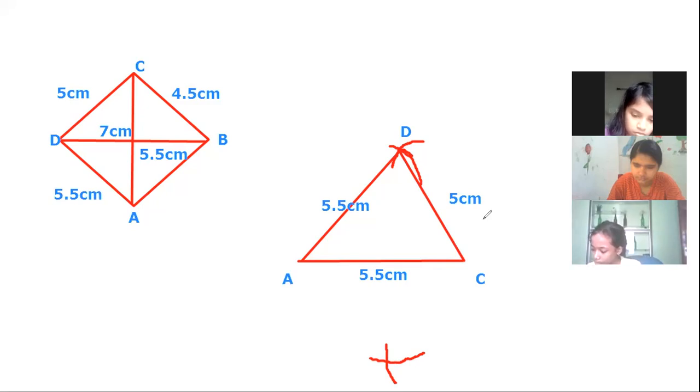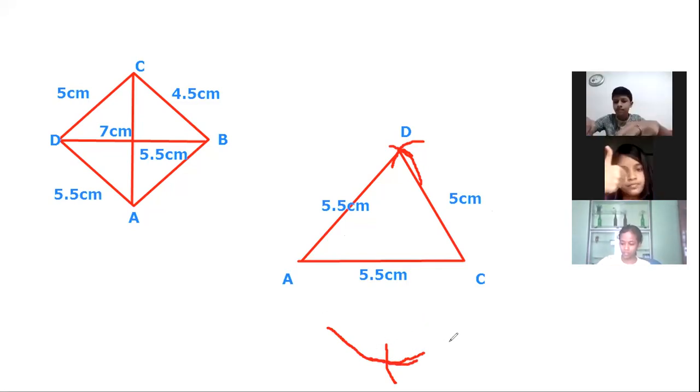Did you choose 7 centimeter again? Yes. After that, again, you have to place your compass on D. After placing the compass, you have to extend the arc, the first arc we have drawn. You just extend your first arc, and after that you will get the point of intersection.